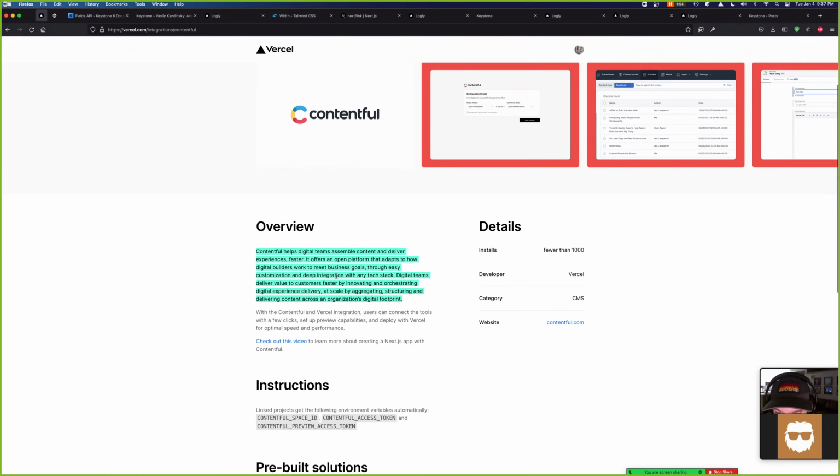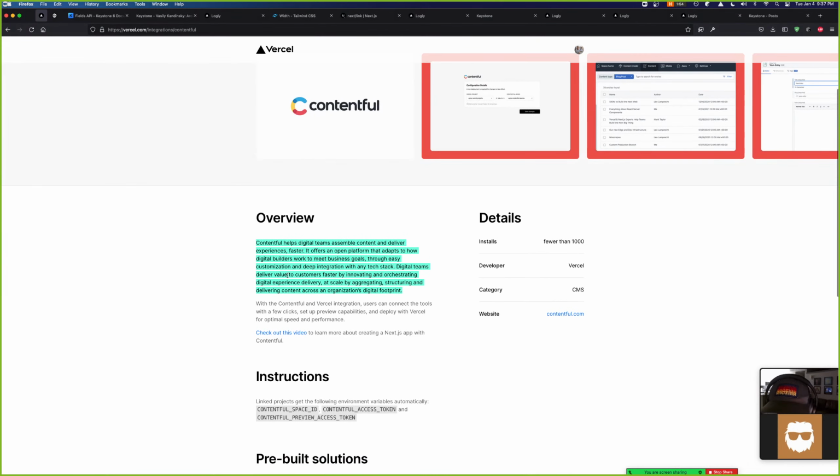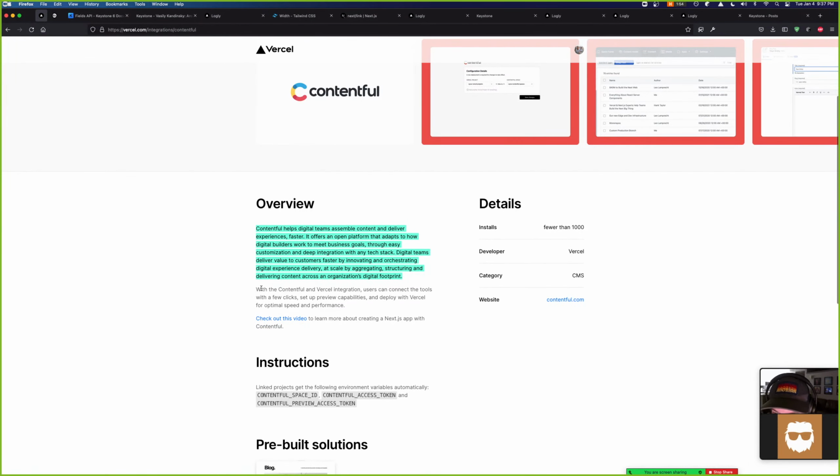It offers an open platform, blah, blah, blah. With the Contentful and Vercel integration, users can connect the tools with a few clicks, set up preview capabilities, and deploy with Vercel for optimal speed. Interesting.